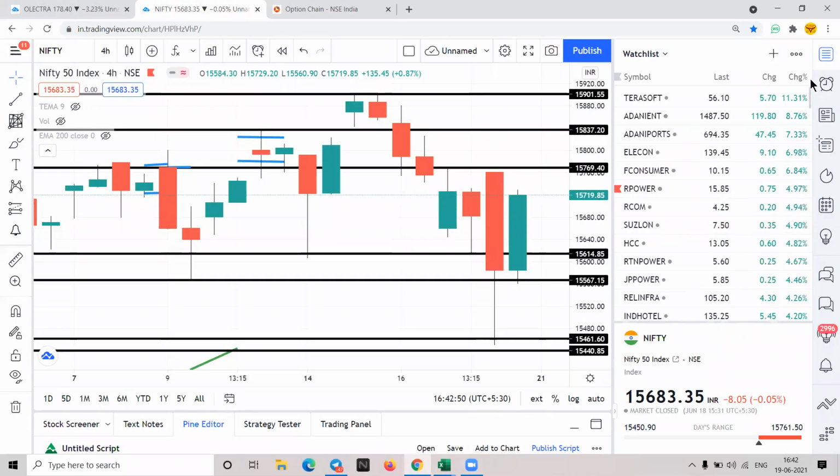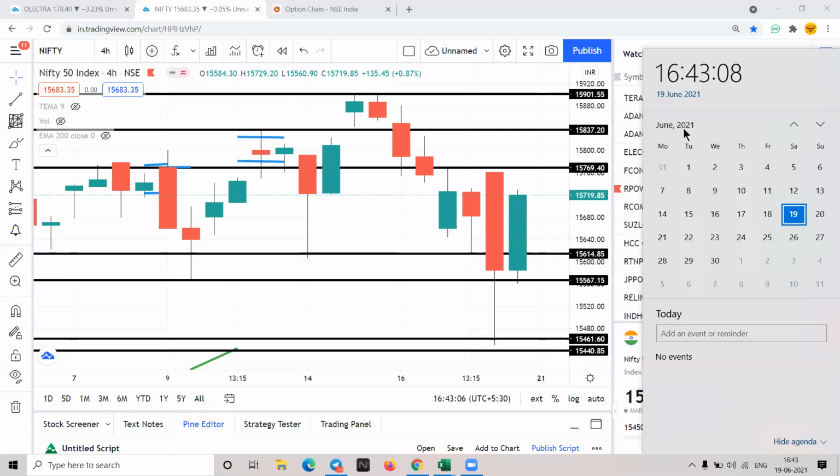So how does futures work? In futures, instead of buying contracts at a strike price, you can buy contracts for months. In Nifty, you can buy it for weekly also, but in stocks, you can buy it for, let's say now, June, July, August. For the next 3 months there would be a contract running. You can buy it for this month, then July, and then August. This is how you can enter.